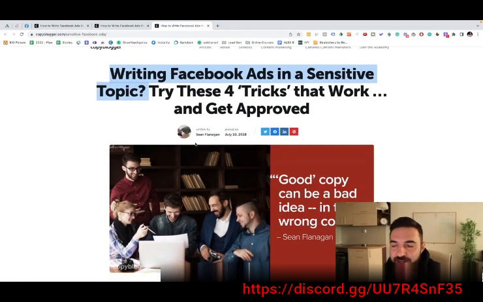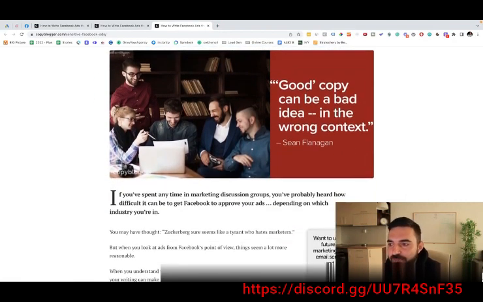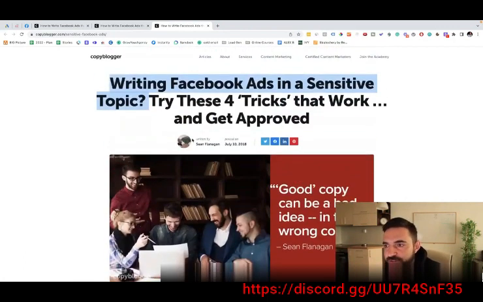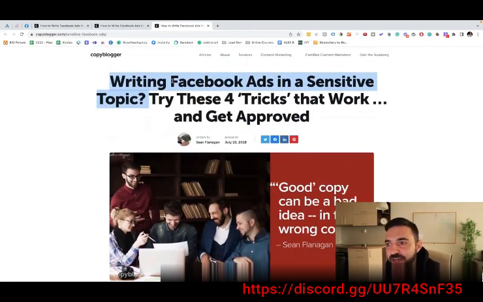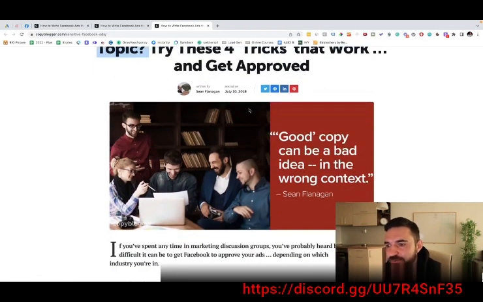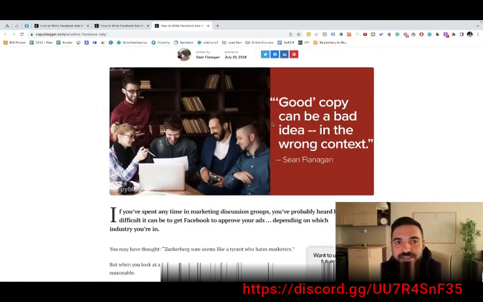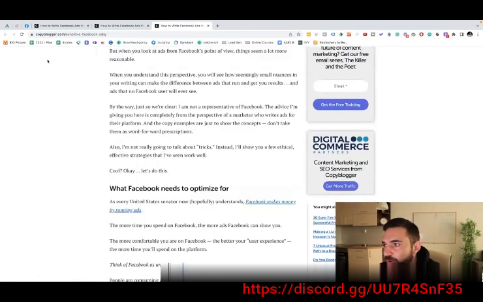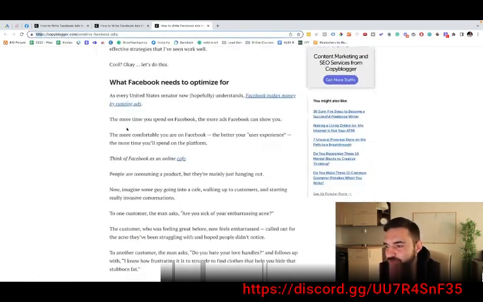So pretty much right now, because of COVID and the war and the voting, the elections, Facebook considers everything super personal, so everything is super sensitive. There are huge lawsuits going against Facebook for not being able to organize the content, and it's just a huge mess. So what Copyblogger advises you to do is,